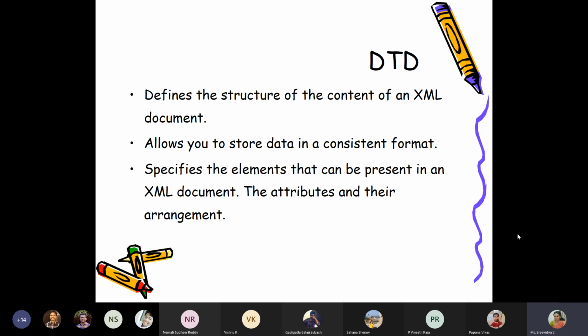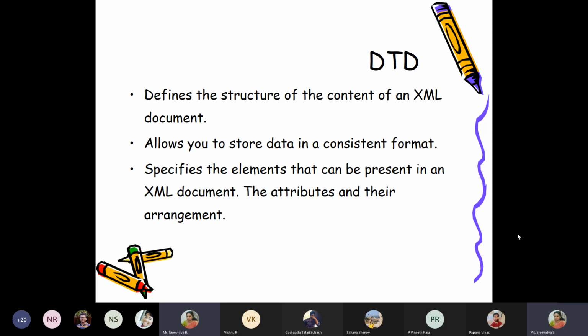So none of your answers can go wrong. But if you are asked to follow a particular structure and then make an XML document, you need to follow that structure properly. So writing a DTD, I can make it in any other ways. N different ways I can write a DTD. But once you write a DTD, then your XML document can be formed only in one particular way. We will first try to see what are the ways in which I can write a DTD, I mean, like building blocks of that.